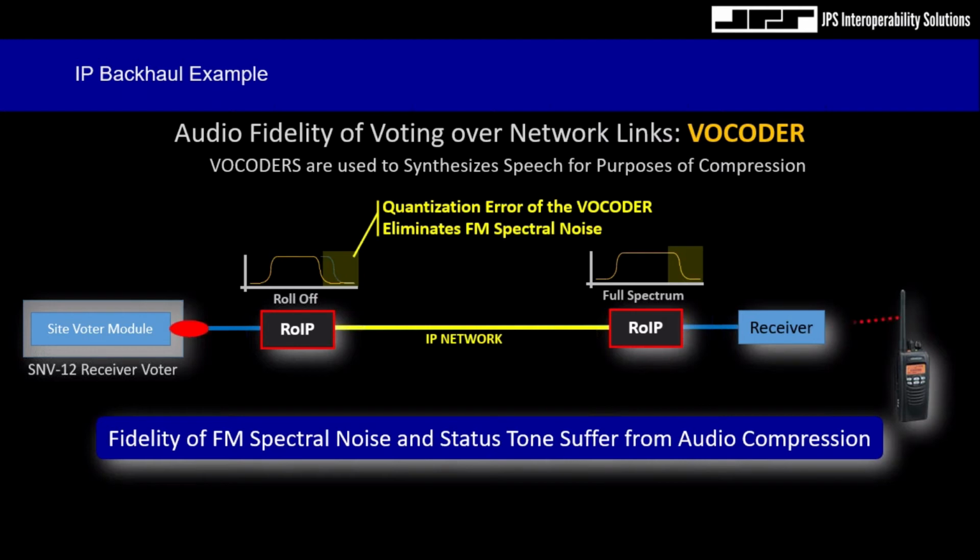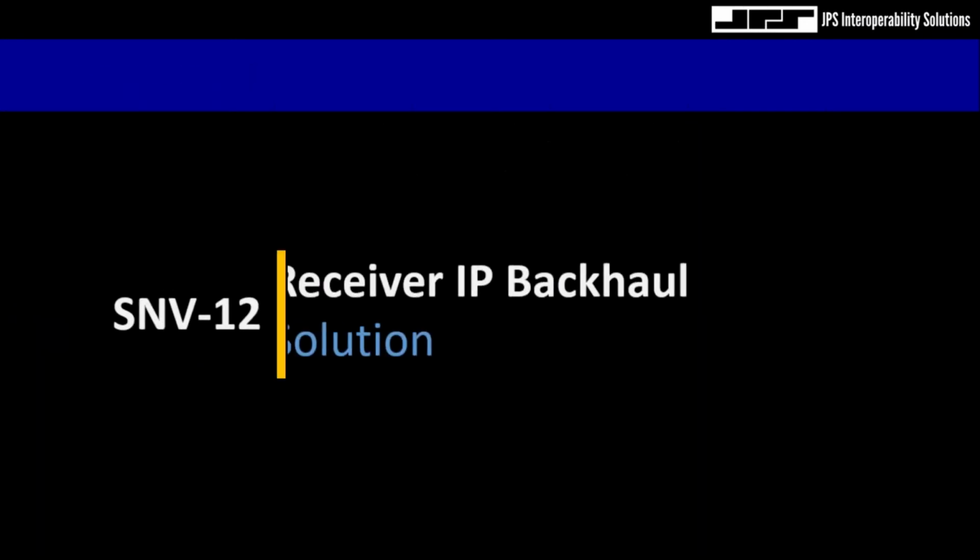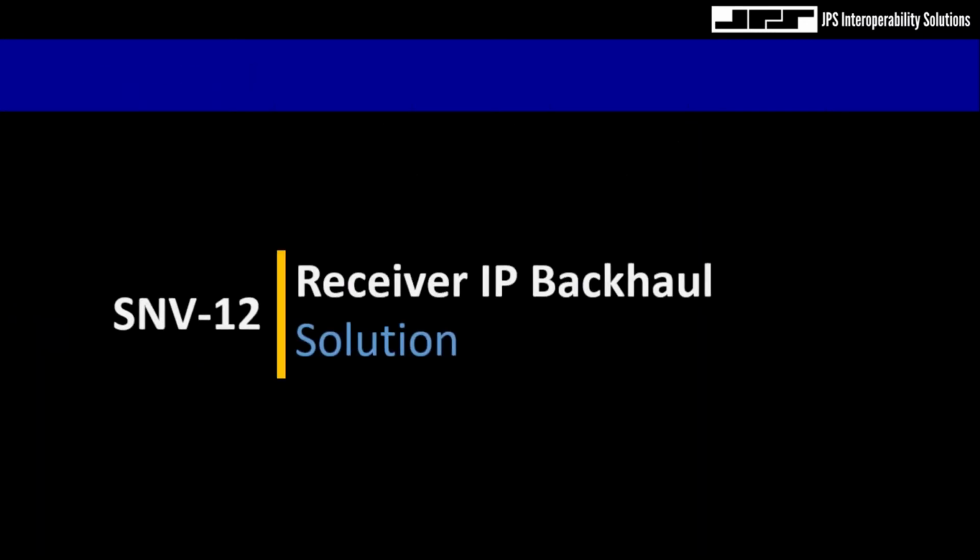And because the spectral noise has been reduced due to the vocoders, the voter will tend to vote those sites even if the voice audio is poor. Right? So you may have noticed we place a lot of emphasis on timing and noise. For proper voting to occur, all receive audio must arrive at the voter at the same moment, and there must also be noise present to properly assess the quality of the receive audio. And so as you know, the vocoder could be an issue, and backhauling receive audio over networks can't be taken lightly.